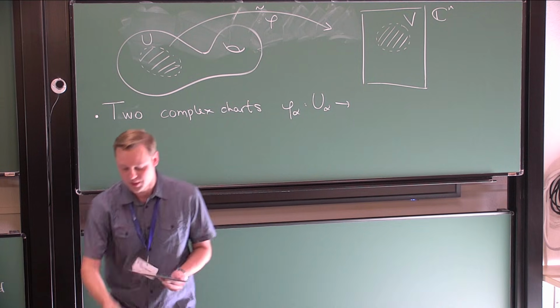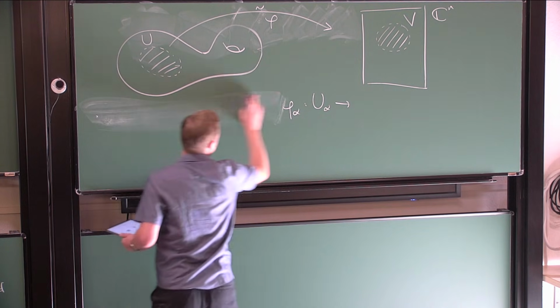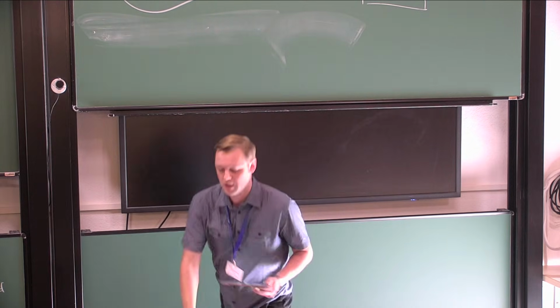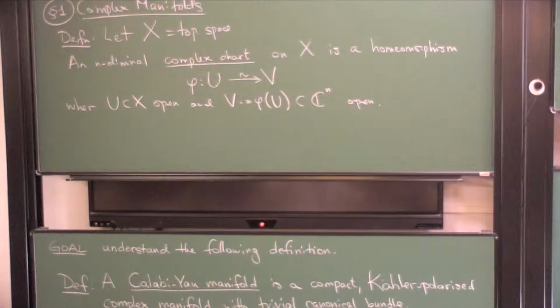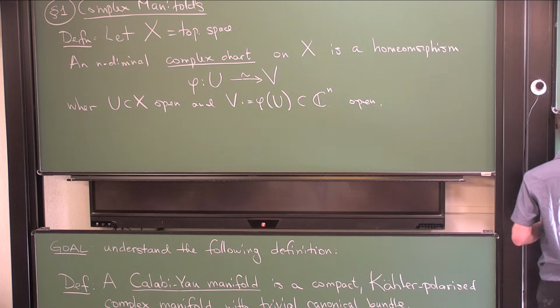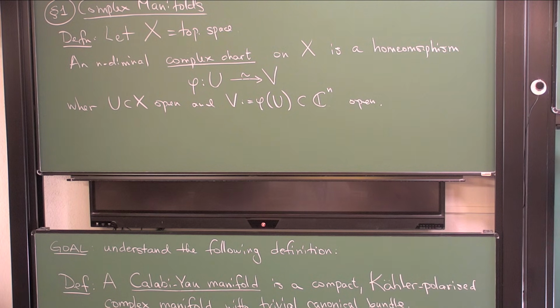Actually, I want to write this on the next page. Two complex charts, phi alpha and phi beta, I will say that they are holomorphically compatible